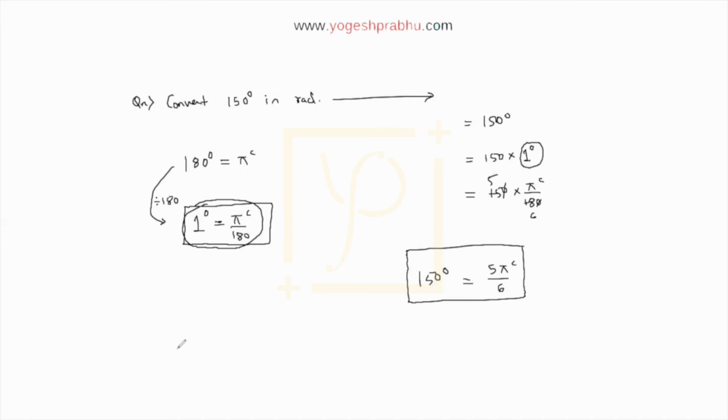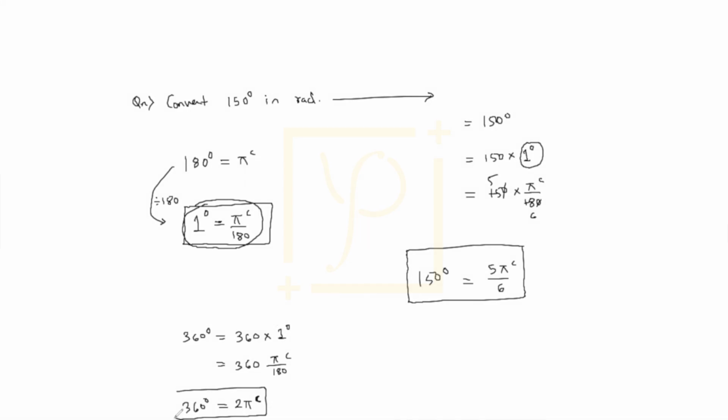Now, supposing I give you something like, say, 360 degrees, convert into radians. How will you do that? You will simply write it as 360 times 1 degree. For 360, you just leave it as it is, and for 1 degree, you can write pi by 180. Then 180 2s are 360, right? 18 2s are 36. So it is 2 pi radians. Pi by 180, this is the radian measure. So you'll get the radian, and that C stands for radian. And that is the value of 360 degrees, which is 2 pi radians.